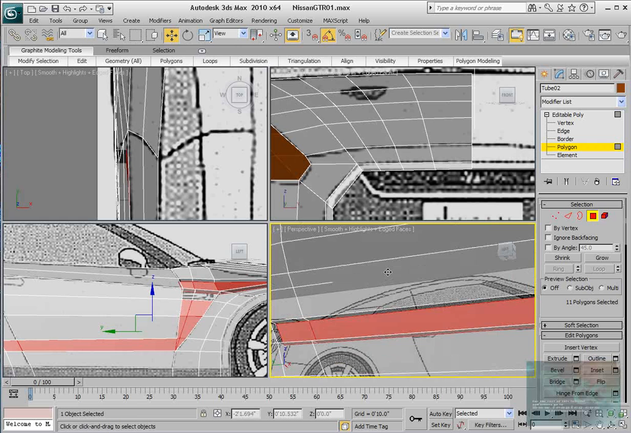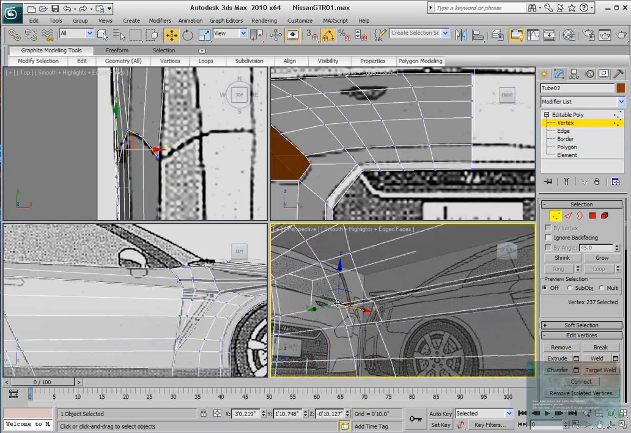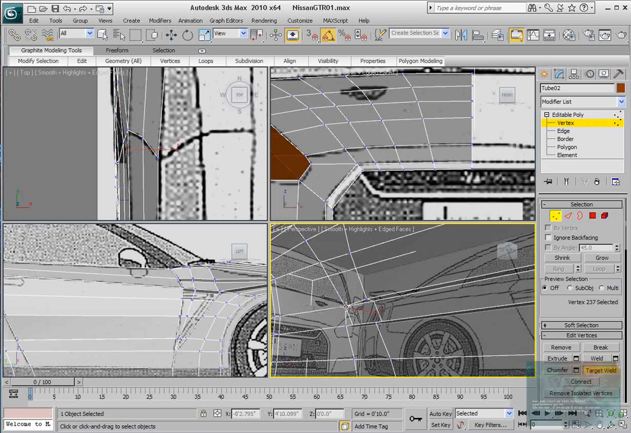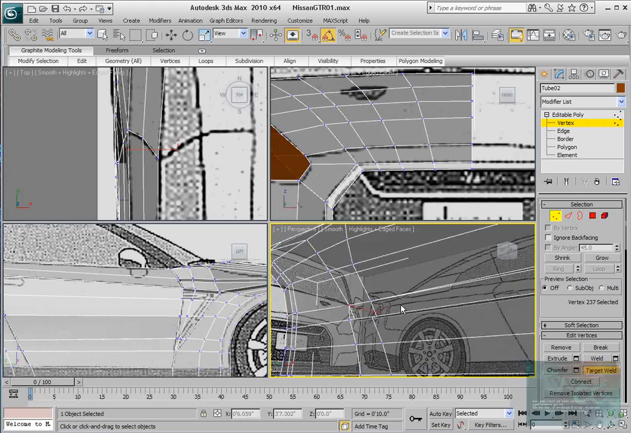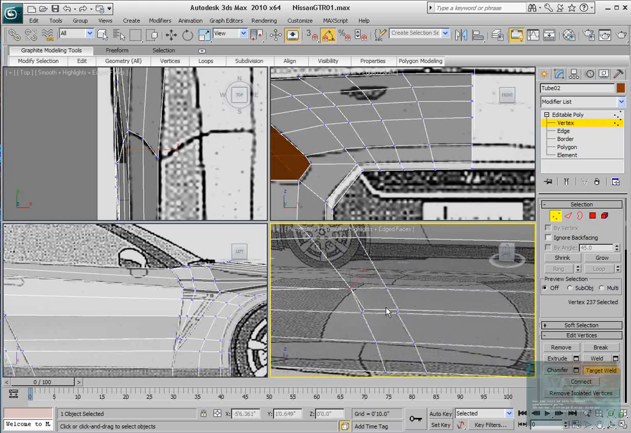And now I need to start getting rid of the areas that are not creased. So this is going to go target weld. So I right click to activate target weld, just like before, and then set those options. And this will be